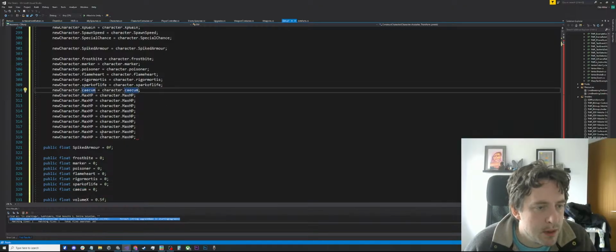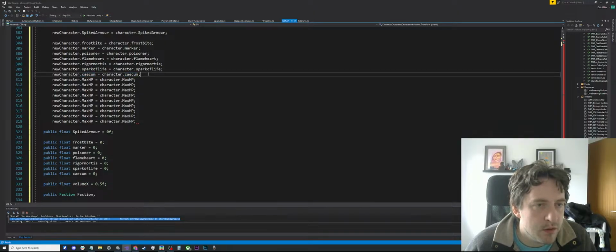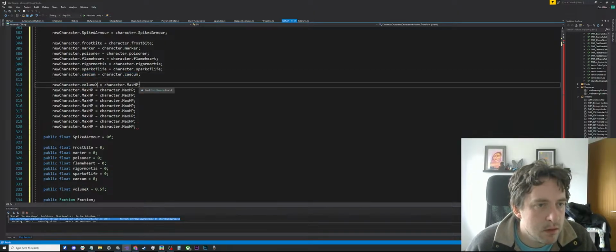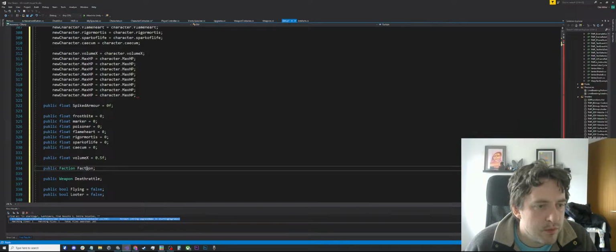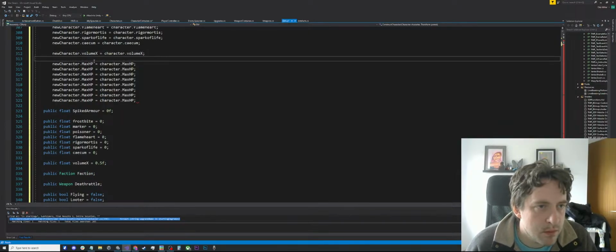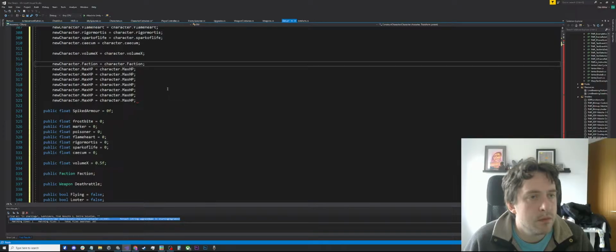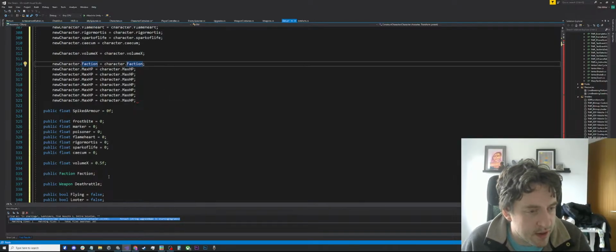Okay. Then we have volume X, new line. Faction. Yeah, and faction is static, so